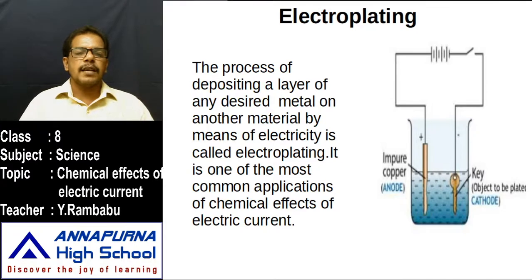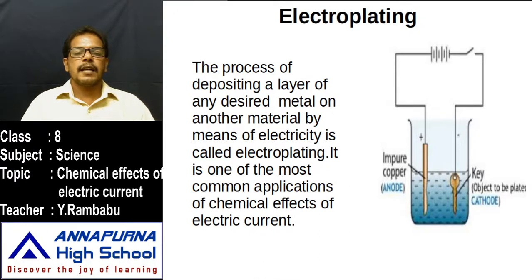Then what is this electroplating process? Generally we observe on a low cost metal, that means a less expensive metal, a high cost metal which is not corroded is given as a coating. By which process? Simply by this electrolysis process. Is it possible to paint one metal on another metal object with a brush? No, it is not possible like that. It is just by using the electroplating or electrolysis process.